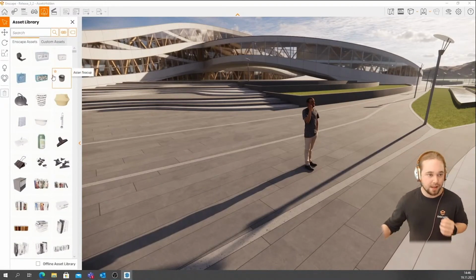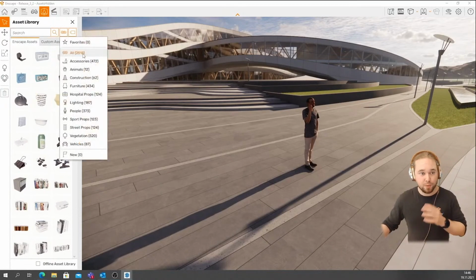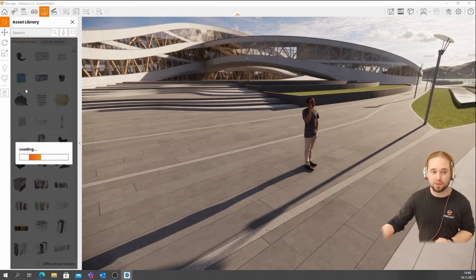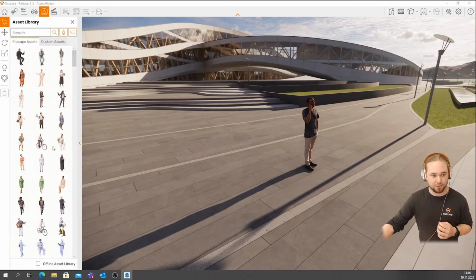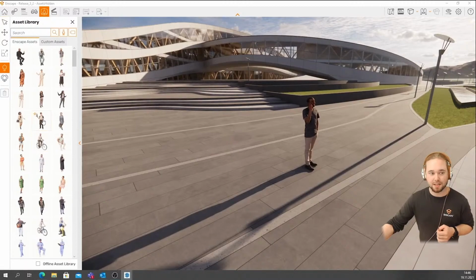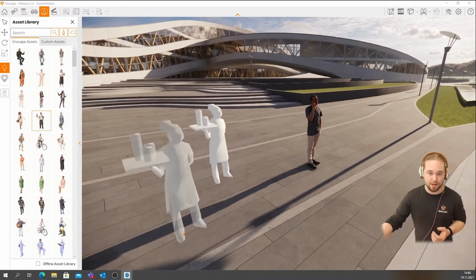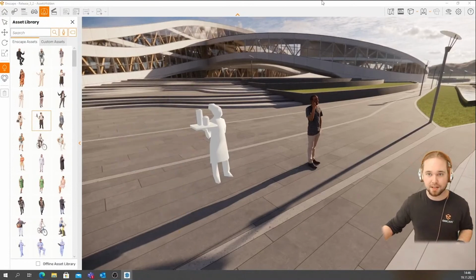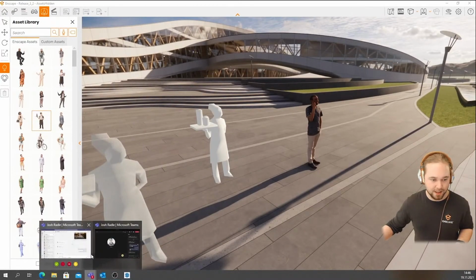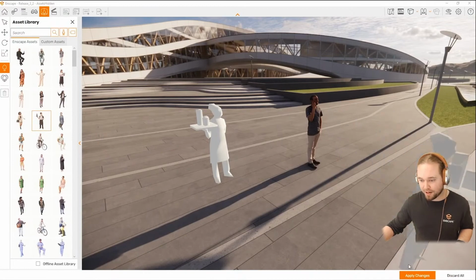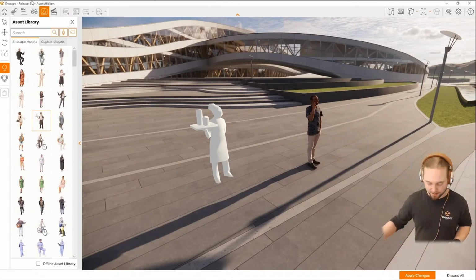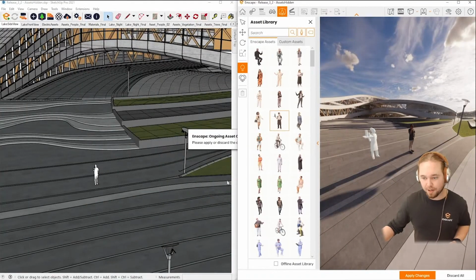So they are there as well and can be used the same way. And I can pick a category. We'll have a detailed look into the user interface and how to control it in a second. Just to show you, I can click on any of these assets and place it right inside of Enscape. As soon as I place it, there is a gray placeholder there. However, I can press apply changes at any point. Before that, let me minimize Enscape here.